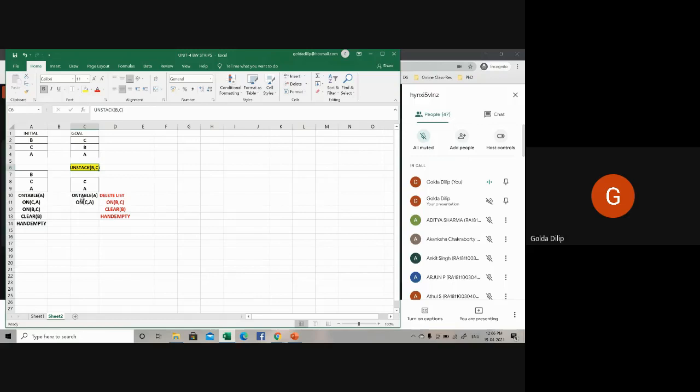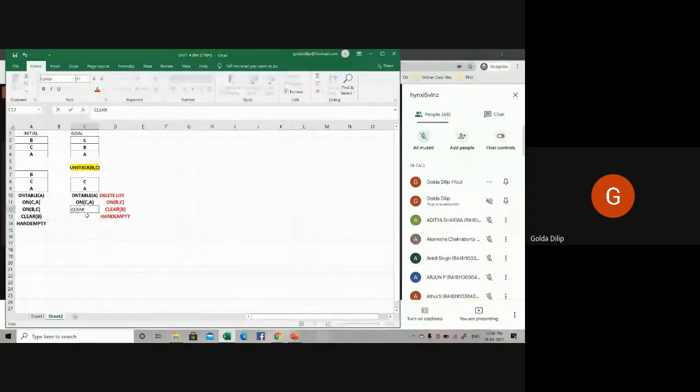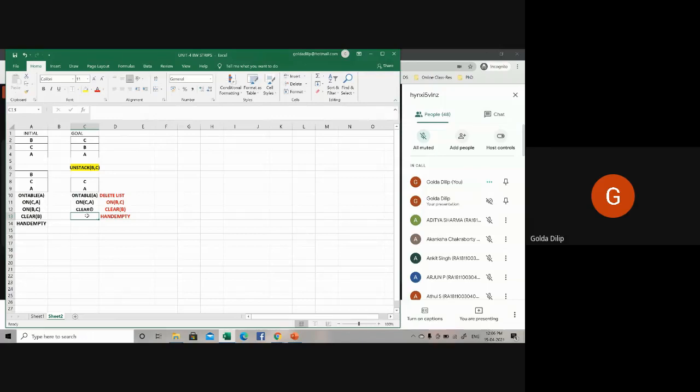When I say unstack B comma C, there are some predicates which need to be added also. So I have on table A, on C comma A. Can I write clear C? I can write clear C. Along with that, my robo arm is holding something.